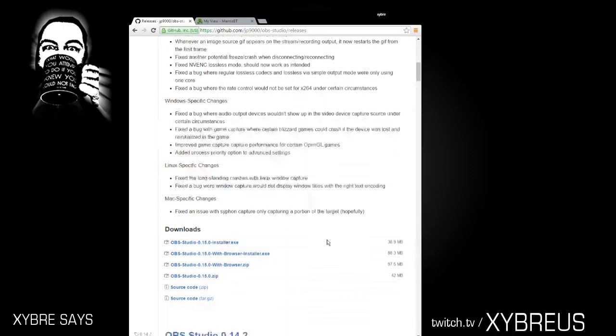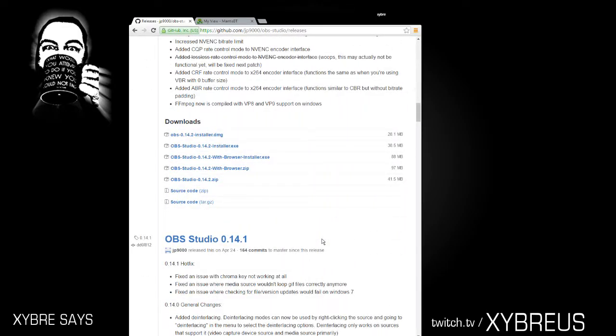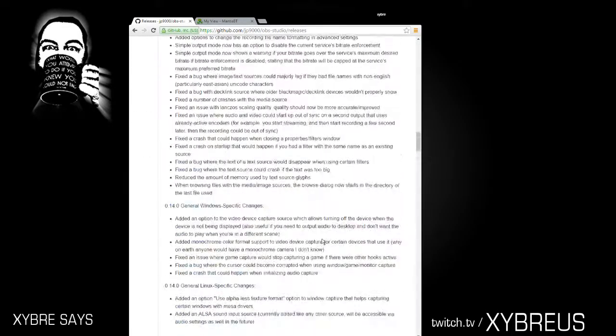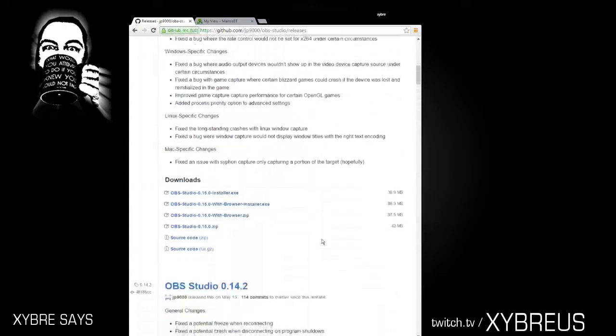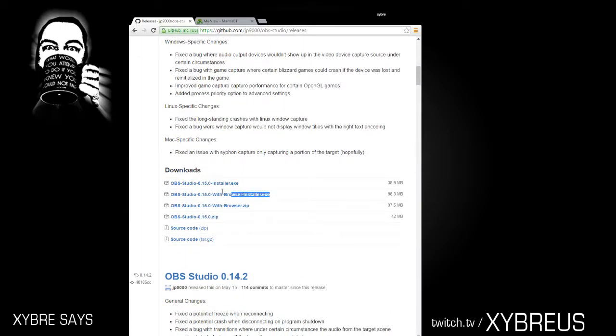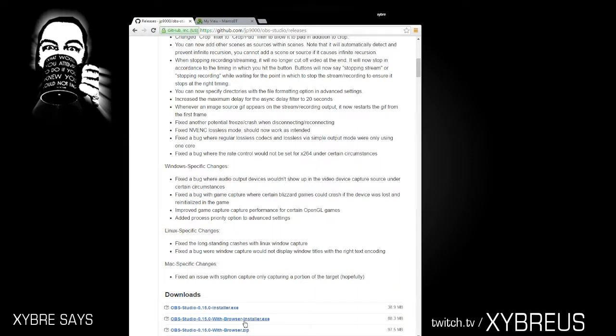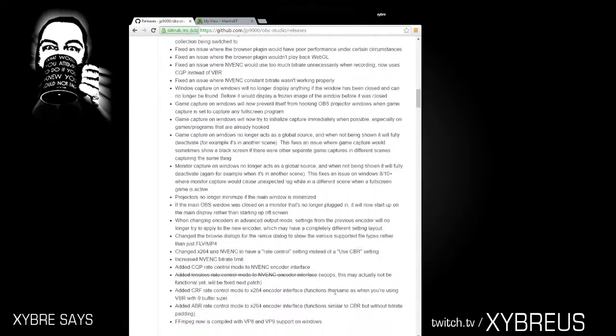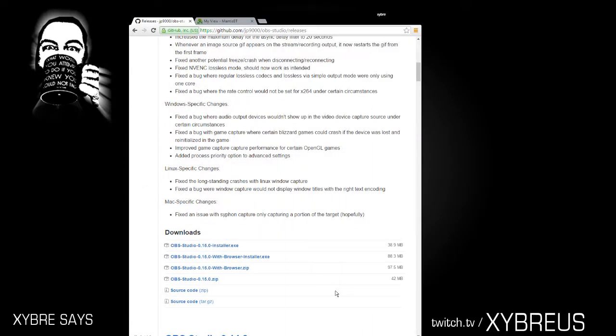So we'll see. One of the other things that they don't really mention, I guess they've been doing it for a minute now, but they didn't used to have it on their main website, is that they didn't include the browser on the main download page. But now they do include the browser on the main download page. So that's pretty awesome, and it basically obsoletes the tutorial I released like 2 weeks ago. You no longer have to install the browser manually. You probably could have done it before, but it was previously not available from the direct website. So you might want to check out this site here,